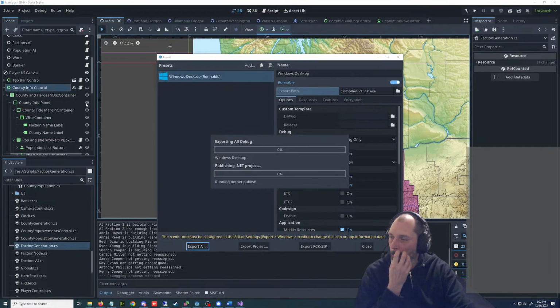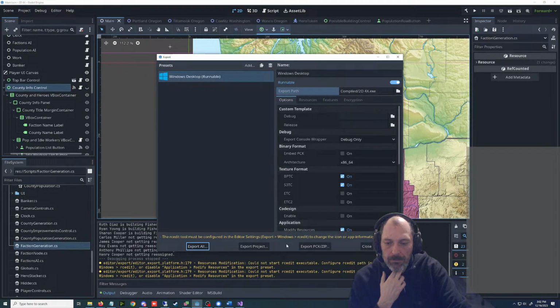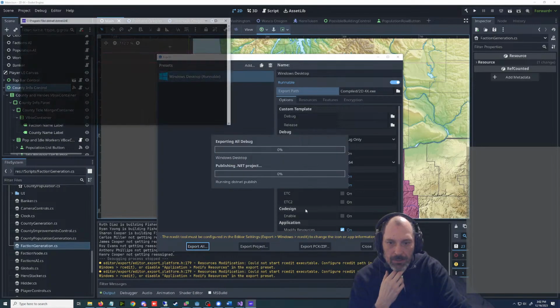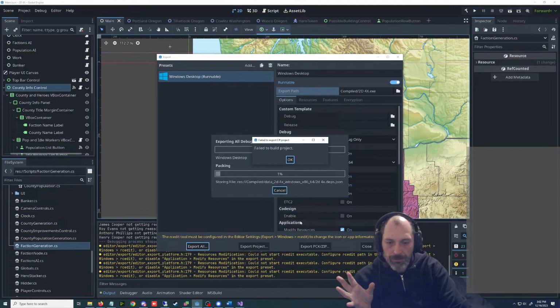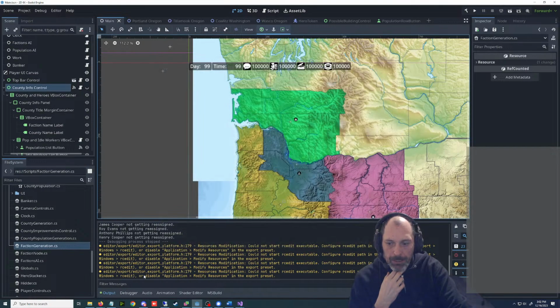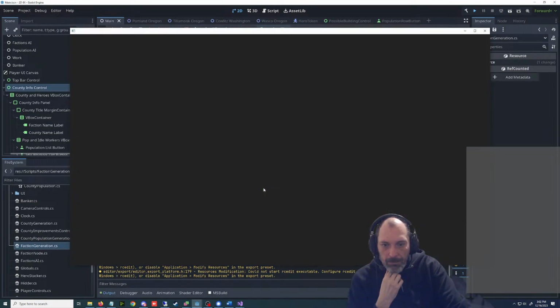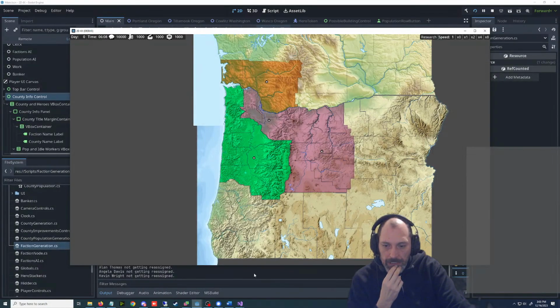So, you know, when I run, a little debug window pops up on the side. It said something. I'm going to do this again. It said failed to build, flashed through there. Project failed to build. Now I want to see what the problem is. Oh, I think we got a bug that is unrelated to